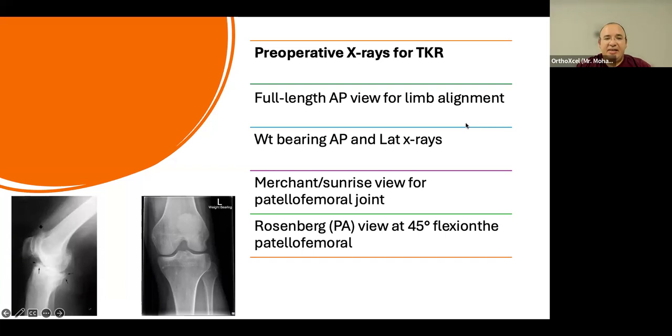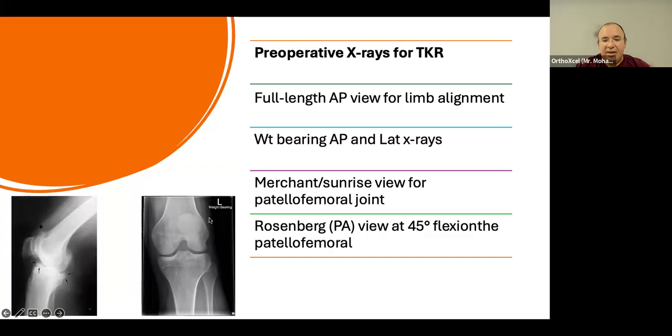Without a weight-bearing x-ray, the joint is not physiologically loaded, so you cannot give a clear conclusion or a clear decision on an unloaded joint. So you have to have a weight-bearing AP and lateral, and for me, the lateral weight-bearing X-ray is very important. As you can see, there is nearly no joint space, bone-on-bone arthritis, and this is a clear indication to do